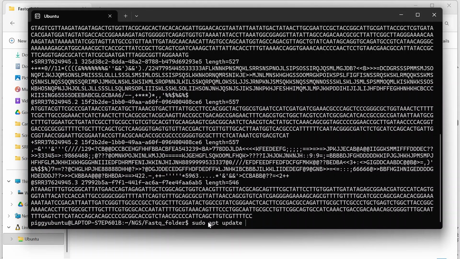And here I have written apt update. Now here, what does this apt mean? It is a package manager tool inside Linux. It is already a tool inside Linux. This tool helps us to install any software, to update any software, or to remove any software. So if we want to work with softwares, we will use this tool apt. And here update is a sub command of this tool apt.